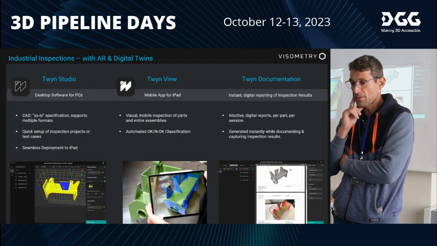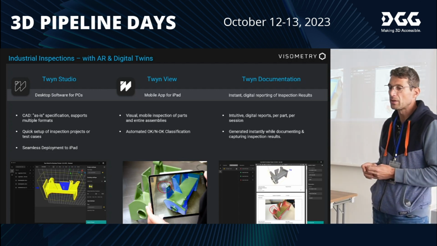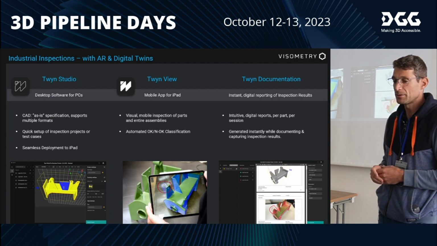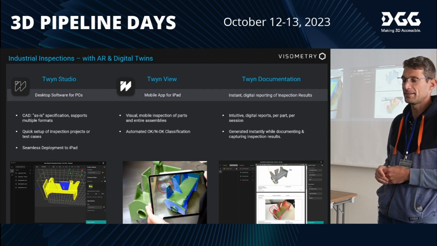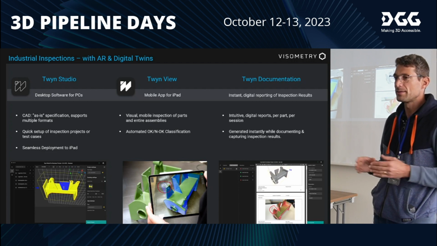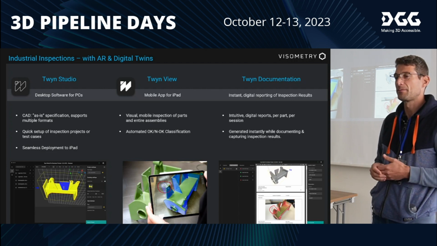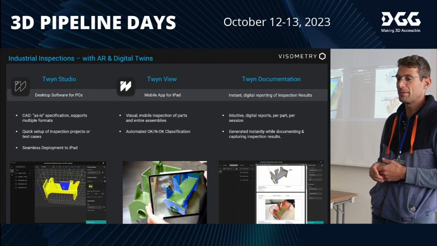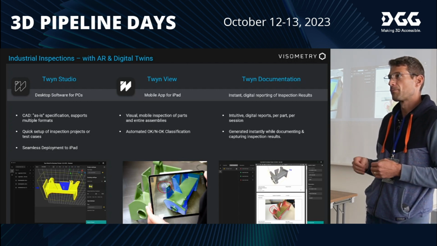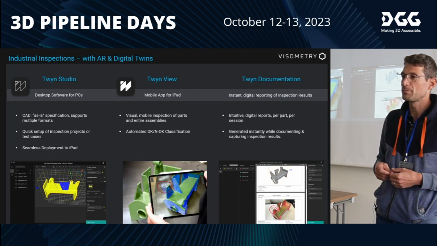And yes, now the problem: this is just a very small and simple part, which works quite well. But our customers also started to put very large CAD files into our system. This also worked on the Twyn Studio side, when you take a couple of gigabyte model and have a powerful PC with lots of memory. But on the mobile apps, our computer vision algorithms directly operate on the polygonal mesh model.